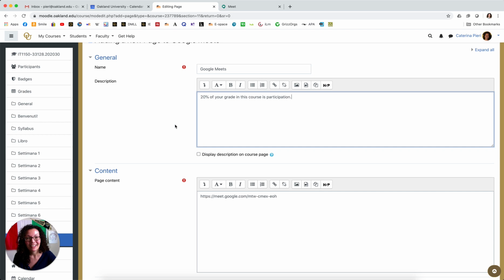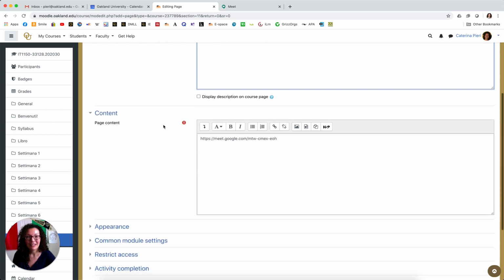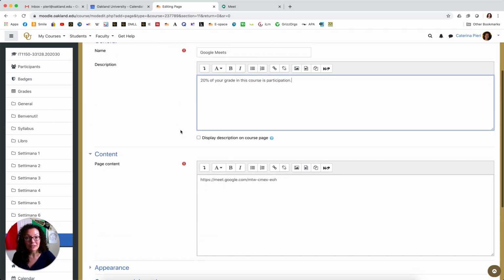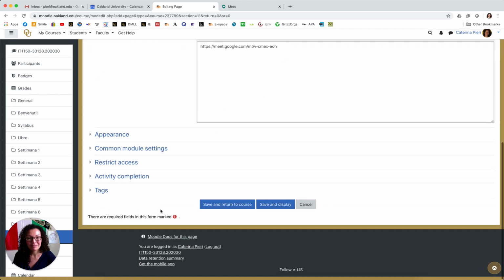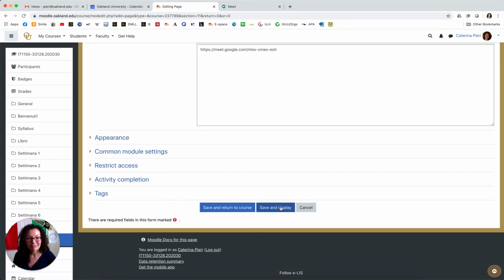Okay, or something like this, and keep explaining and describing. You can add the times, etc. Okay. You can decide to display the description on the page, which would give students more information. Okay, and then save.